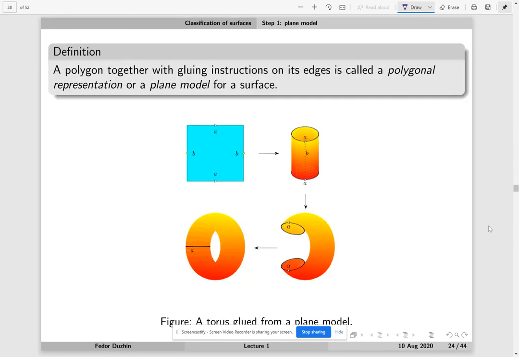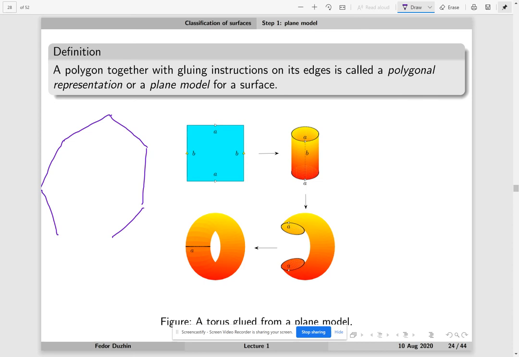So it is clear that in the end, we are going to just get a single polygon with gluing instructions on its edges, right? So it could be something complicated. So probably like, I don't know, let me draw